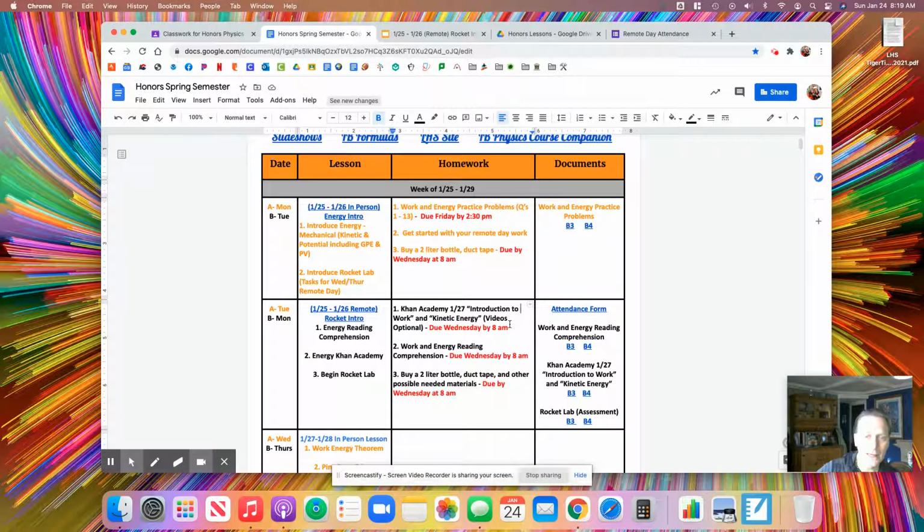The work and energy reading comprehension link is going to be due by Wednesday at 8 a.m. And then also, we're going to be doing this lab. I want you guys to get yourself a 2-liter bottle and duct tape. Once you look through the lab, you'll see there are some other materials you might need, like cardboard or plastic or things like that too. That's going to be up to you with your design. We'll need those things by Wednesday because